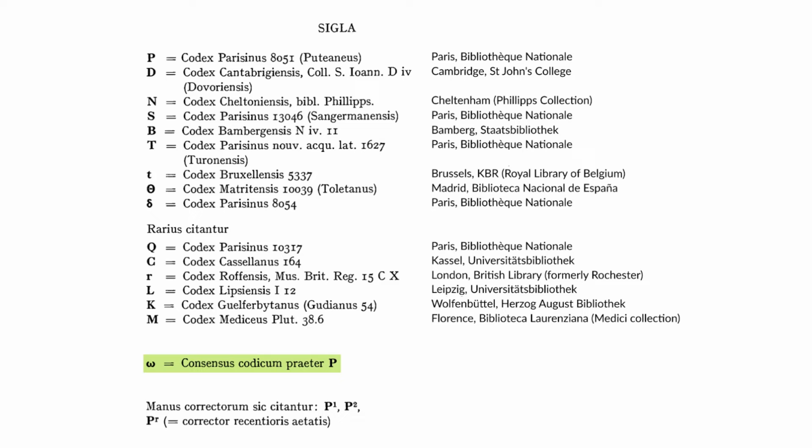Another problem is that because most of this list is copied from an older edition, Williams records one manuscript, N, as being in the Phillips collection in Cheltenham, the Codex Keltoniensis. The trouble is, that collection had ceased to exist 50 years before this edition came out. The manuscript was in Cheltenham when an older edition of Statius, edited by Klotz, was published in 1908, but this manuscript has been in Dublin since 1925, in the Chester Beatty Library, catalogued as manuscript number 76. Checking basic stuff like this should be the editor's job.